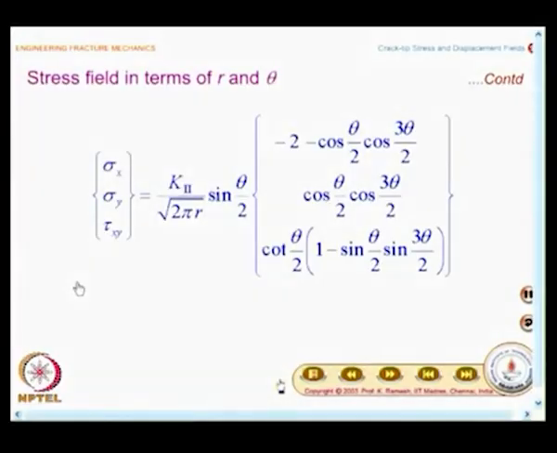So, you will have to look at this stress field more closely, and one of the aspects you can look at is that the distribution is dictated by this, and the strength of each of these magnitudes is dictated by only one single parameter. This is something very unique to fracture problems. This was identified by Irwin in 1957, and 1957 again is a very crucial year in the development of fracture mechanics. Many good fundamental papers were published during that year,